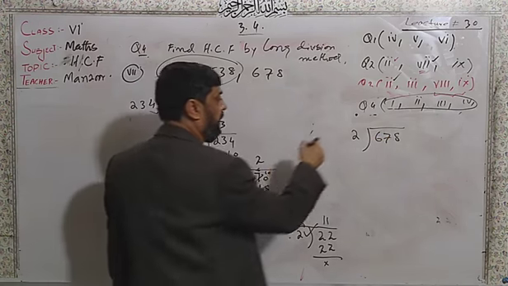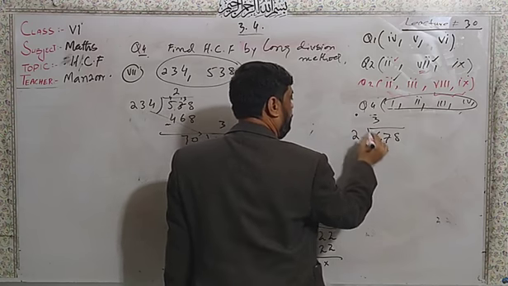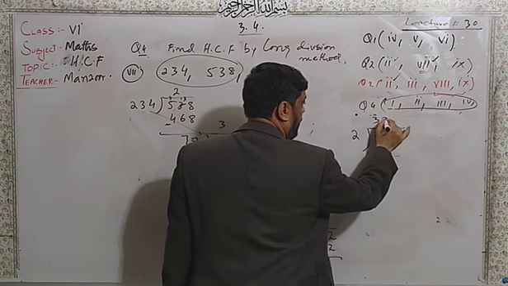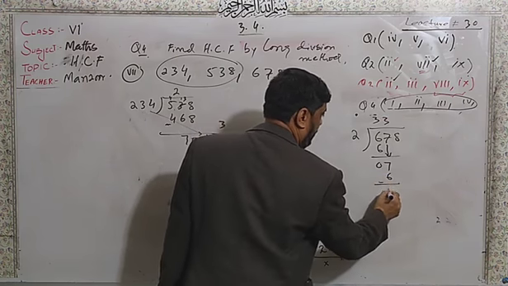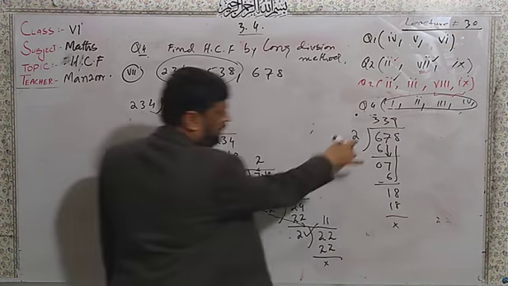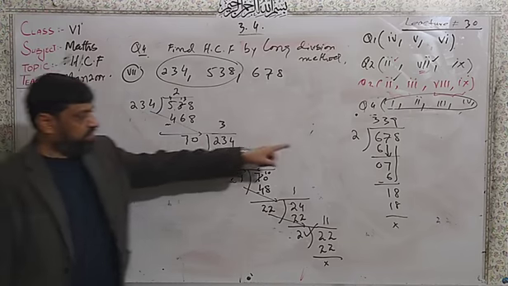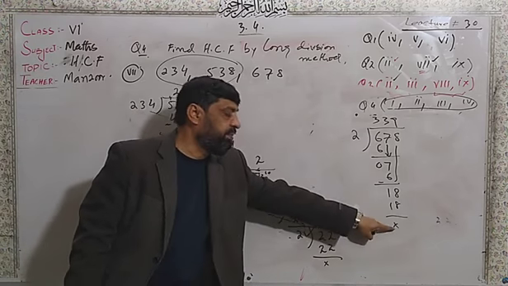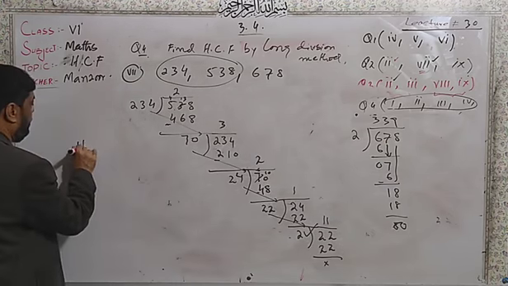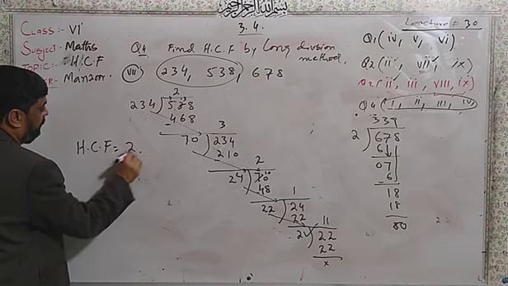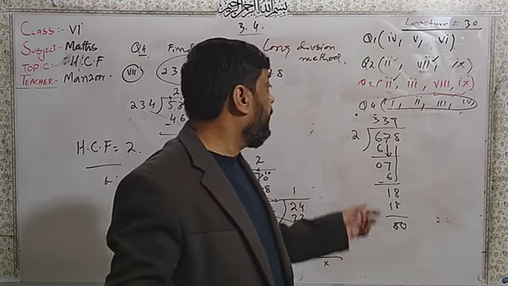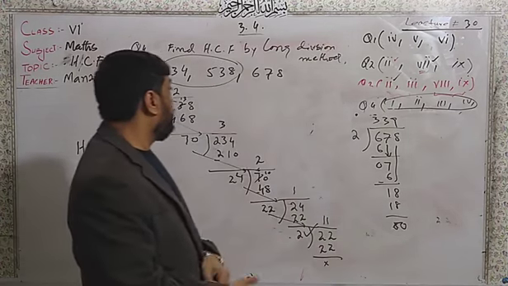678. Now here 3 times 6, 0, bring 7, again 3 times 6, 1 remaining, bring 8, then 9 times, it is 18. Now you observe that the same 2 is dividing 678 exactly because the remainder comes 0. So that's why HCF is equal to 2. This is the answer. Dear students, the same here, the remaining parts are for you, which are in case of 2.